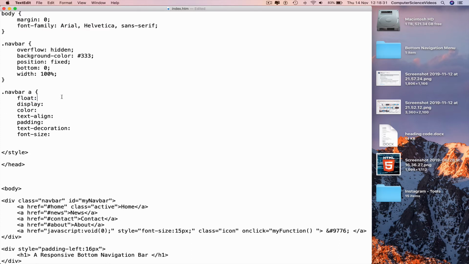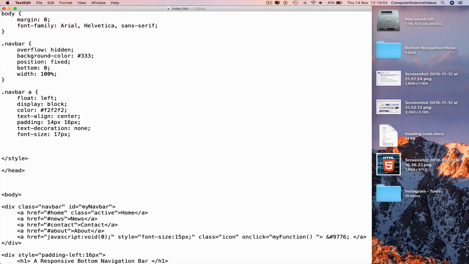Go back to the top again, float to the left, semicolon, display, block, semicolon, color, F2 3 times, semicolon, go to a new line, text align center, semicolon, padding, 14 pixels, 16 pixels, semicolon, go to a new line, text decoration, none, semicolon, font size, 17 pixels, semicolon, go to a new line, curly brace, go to a